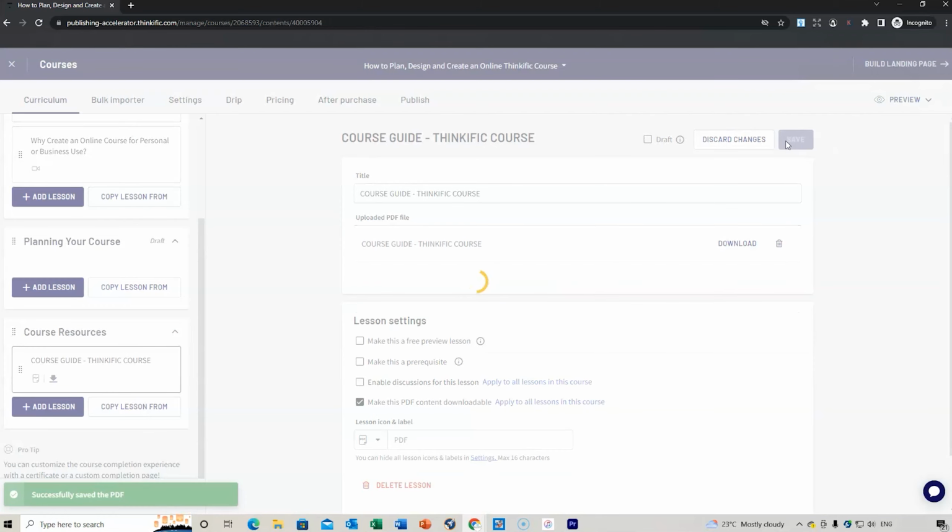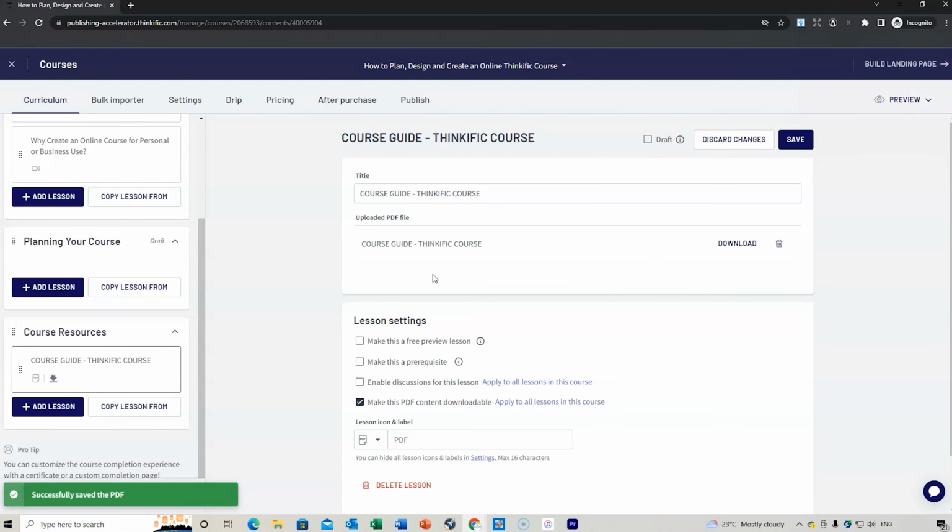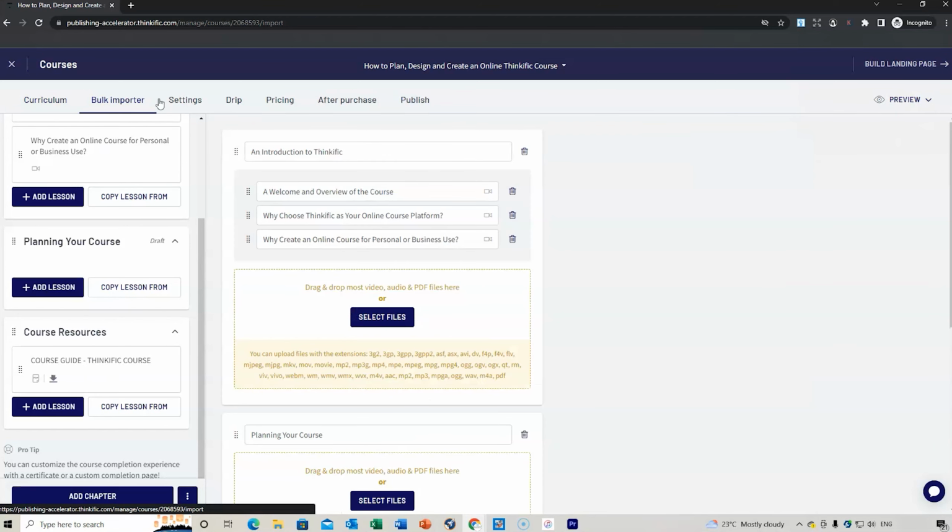So we then save. Just make sure you save each time, and adding content is very, very easy, and it's fairly quick. You can do the bulk import, as I've mentioned.